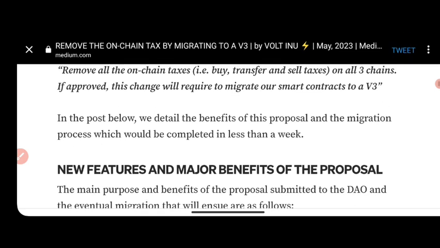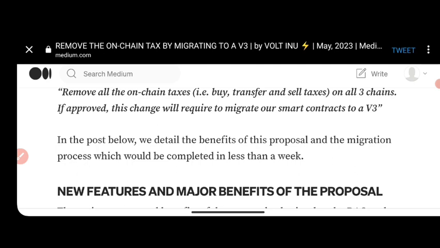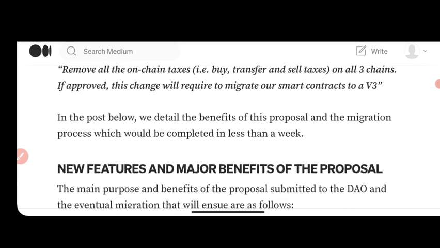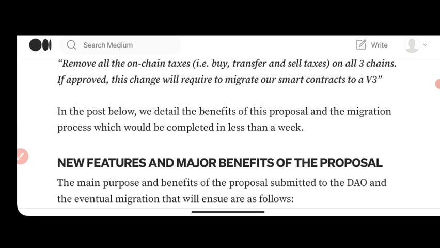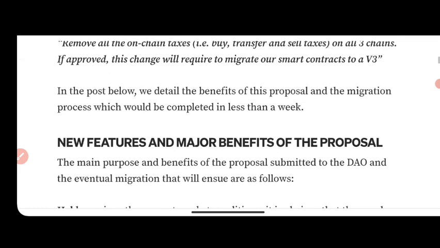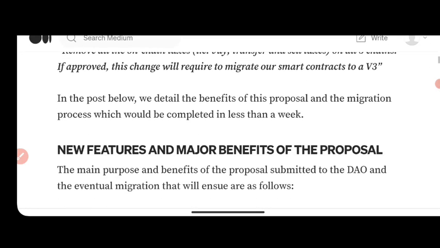Which means there is an area where you're not going to be buying Vote Henon with tax again. There won't be tax right there. It will just be normal charges, because tax is additional charges that come up in this particular stuff. So when they say they are removing tax, it doesn't mean there won't still be charges for you to purchase. There will, but it is going to be reduced. That is what is being talked about right here.